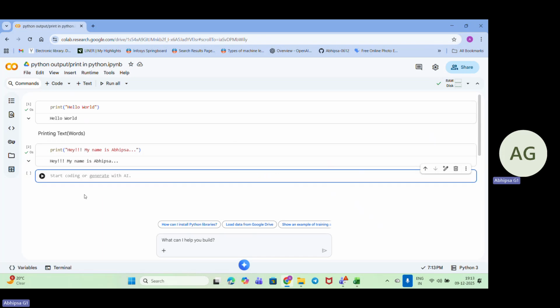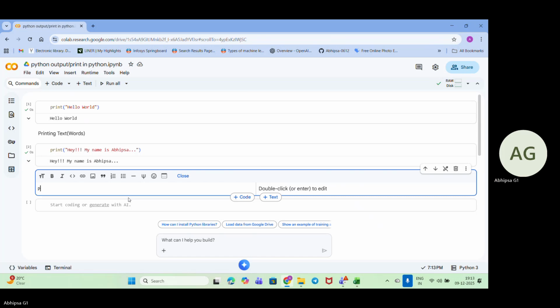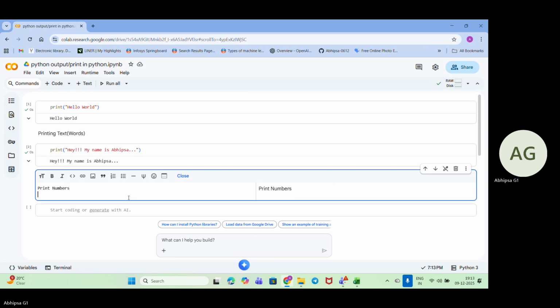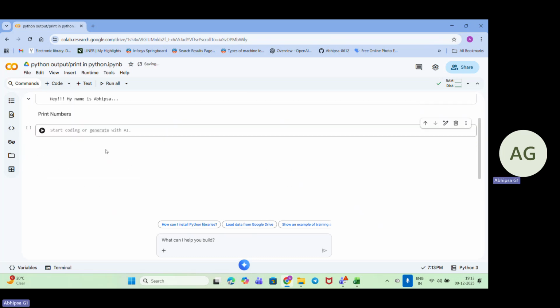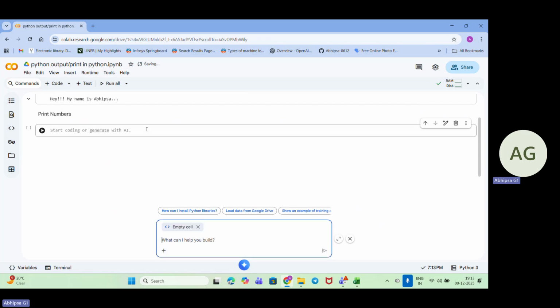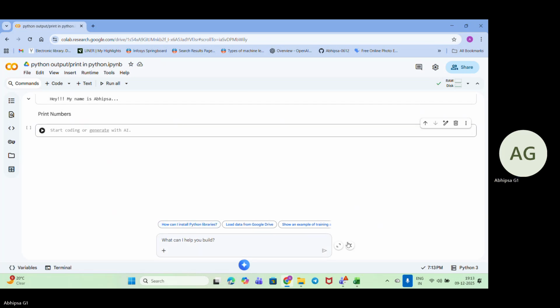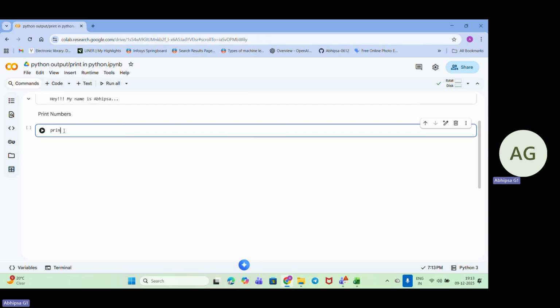Now I need to print numbers. So before that, let's take a text print, numbers. Okay, so now if I need to print, I'll be calling print.